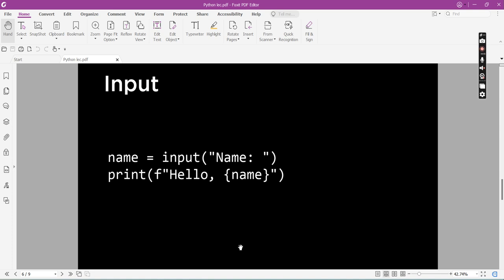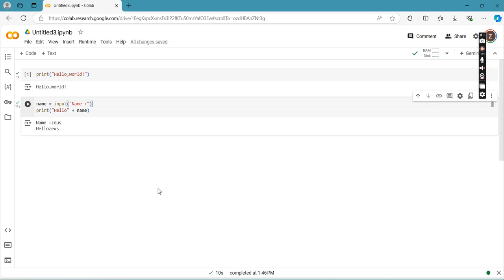Going back to our notes, we have a different way of doing things or printing the values, such as adding F and curly braces. So let's try to see what the difference is. Let's modify our code. Still print function.